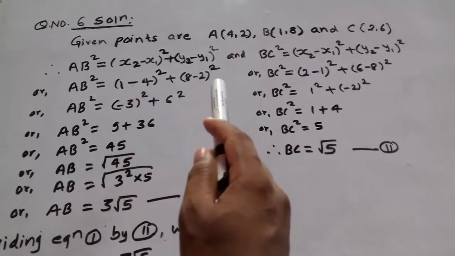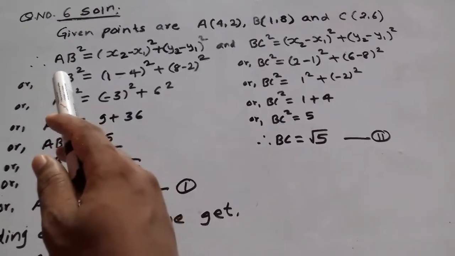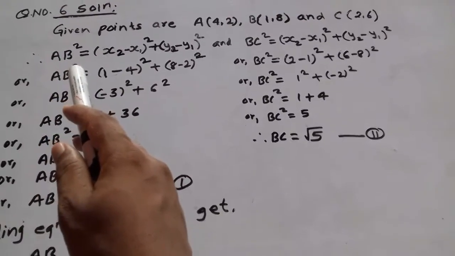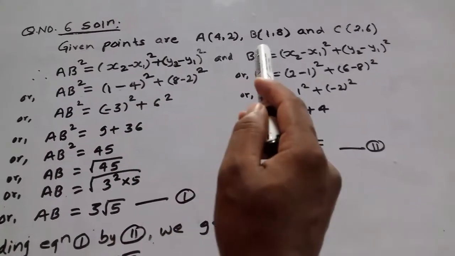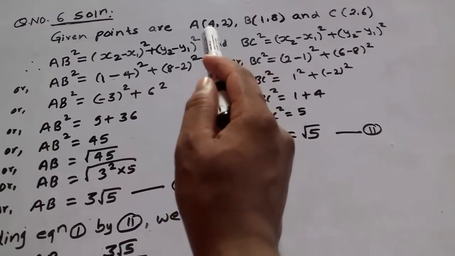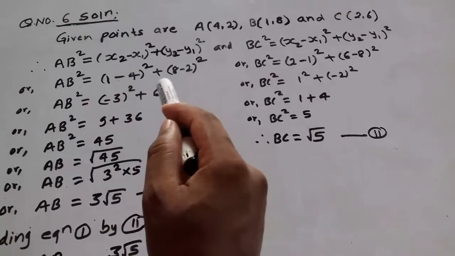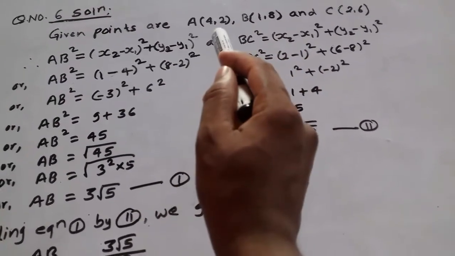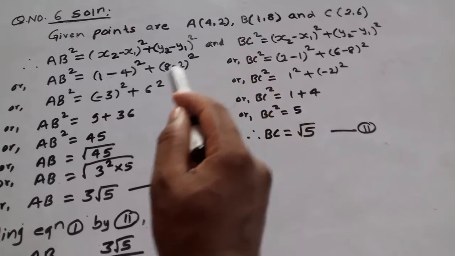We have written it using the distance formula. For this, x1 y1 is the coordinates of A and x2 y2 is the coordinates of B. So x2 is 1 minus x1 which is 4, then plus y2 which is 8 minus y1 which is 2,